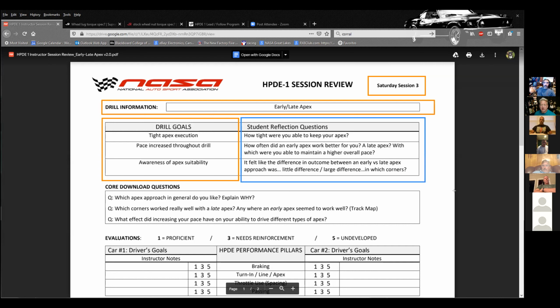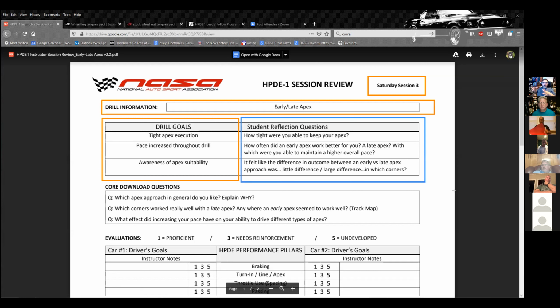That blue square right there. Yeah, that blue square. So if you're wondering what information my students were given, or what my students should be thinking about, you have the information available on your document. You can see exactly what they should be up to. You can also use these as a piggyback for things that you want to touch on during the upload. If you want to remind them that they should be thinking about these questions, remind them that when we get out there on track, I want you to really be thinking about